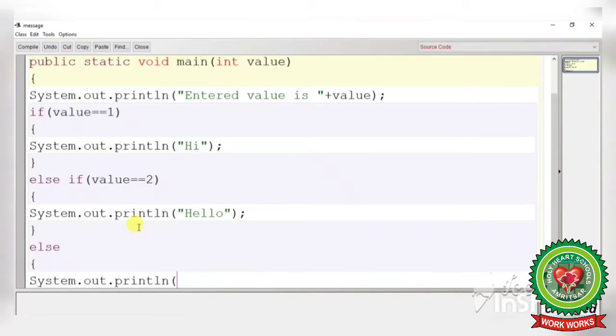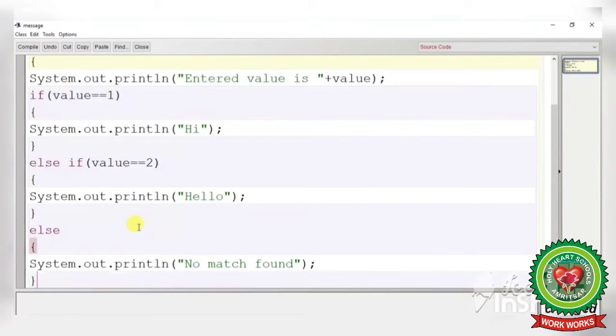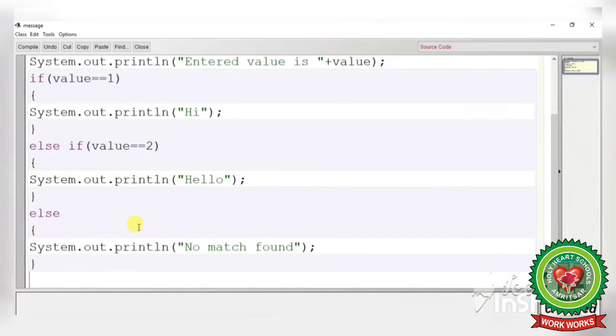And in else we are writing no match found. You can write any line or message according to the requirement of the program. Now close the curly braces. We have opened 3, so we will close 3.